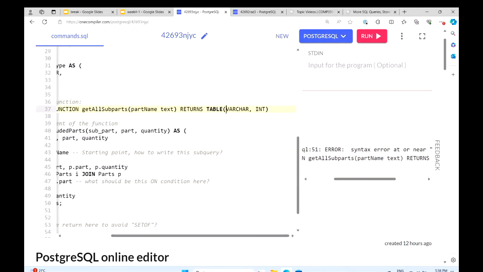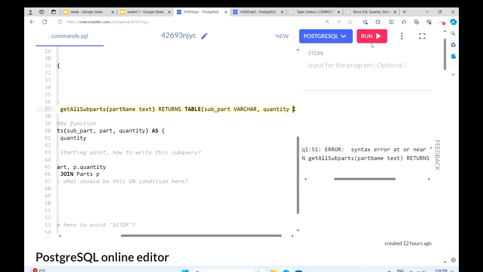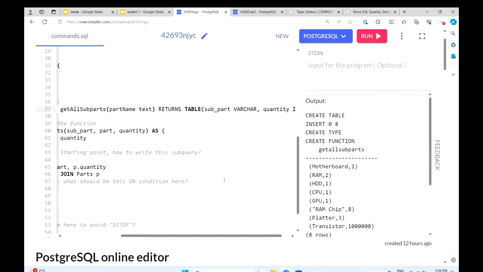Let's see. Subpart, quantity. And this will give us the same thing.